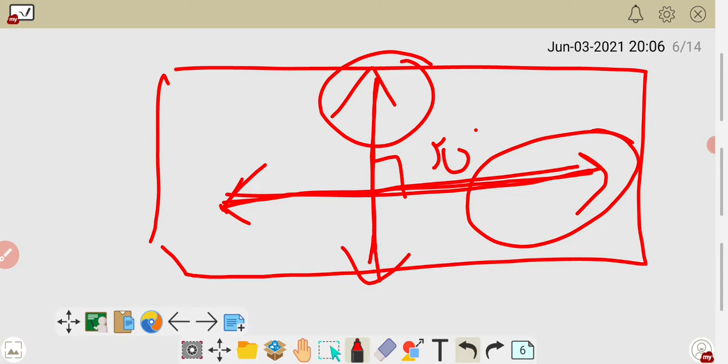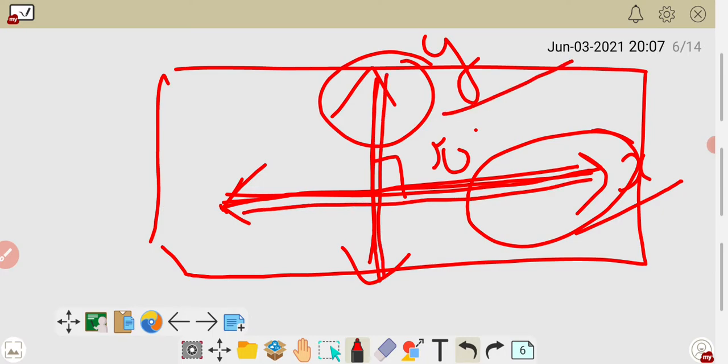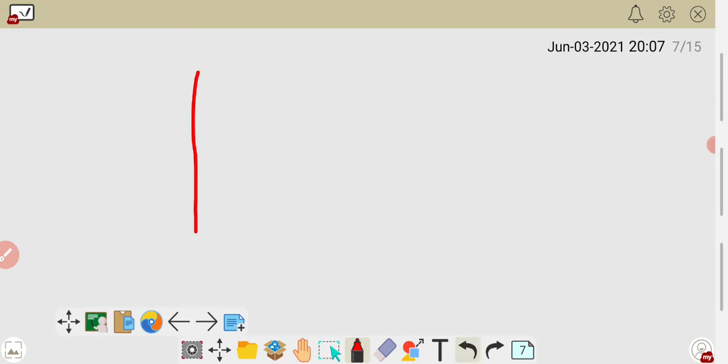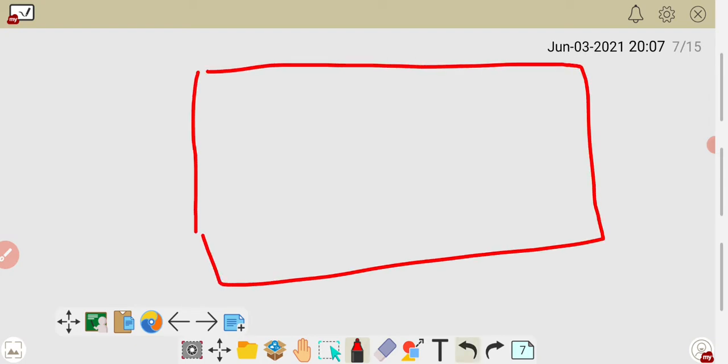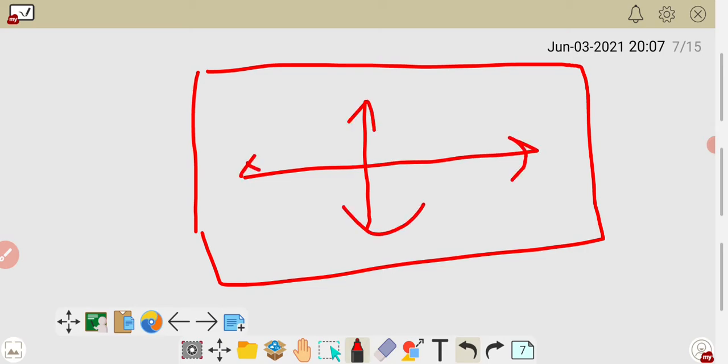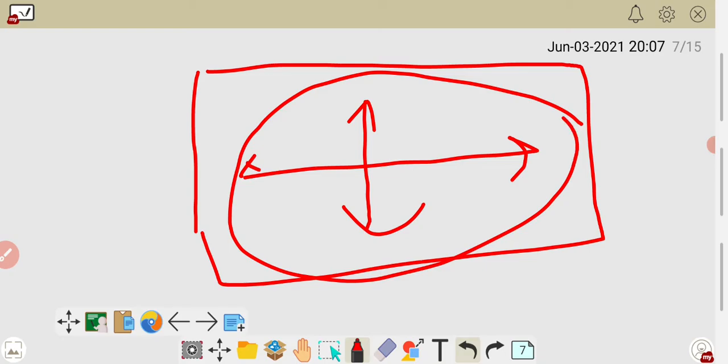If you want to call them together, then you have to say that they are the coordinate axes. If you call them separately, then you say it is a horizontal line and it is the vertical line. The horizontal line is also known as the x-axis, the vertical line is also known as the y-axis. But if you call them both together, then you say they are the coordinate axes. So if you want to locate a point or an object in a plane, you need two perpendicular lines in the Cartesian plane. This is a Cartesian plane. You need two perpendicular lines, and these two lines are known as coordinate axes.